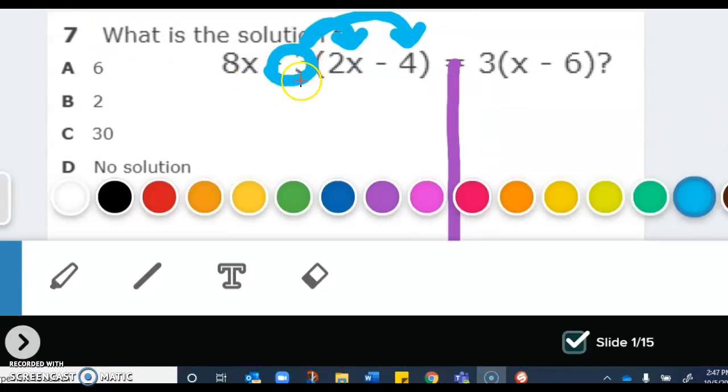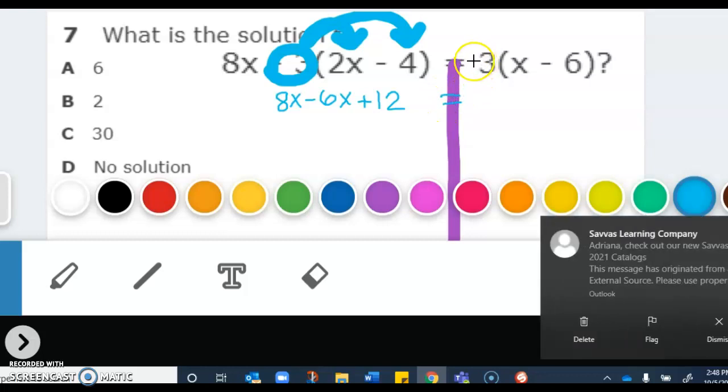If I take that -3 and multiply it by a 2x, I'll get a -6x. So let me rewrite 8x minus 6x plus 12, because a -3 times a -4 gives me a +12, equals